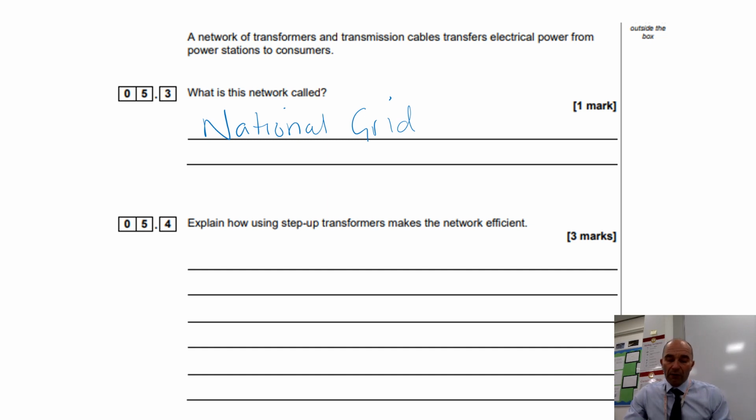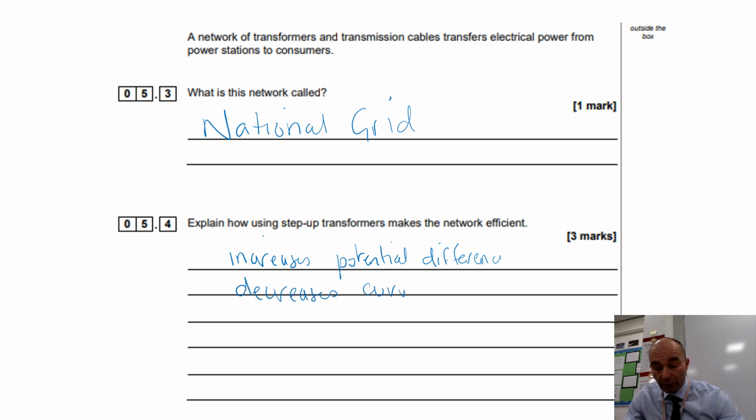5.4. Explain how using step-up transformers make the network efficient. Now, a step-up transformer increases the potential difference. At the same time, if the potential difference goes up, it means that the current goes down. So it decreases current. The whole reason for decreasing the current is that if you have a high current travelling